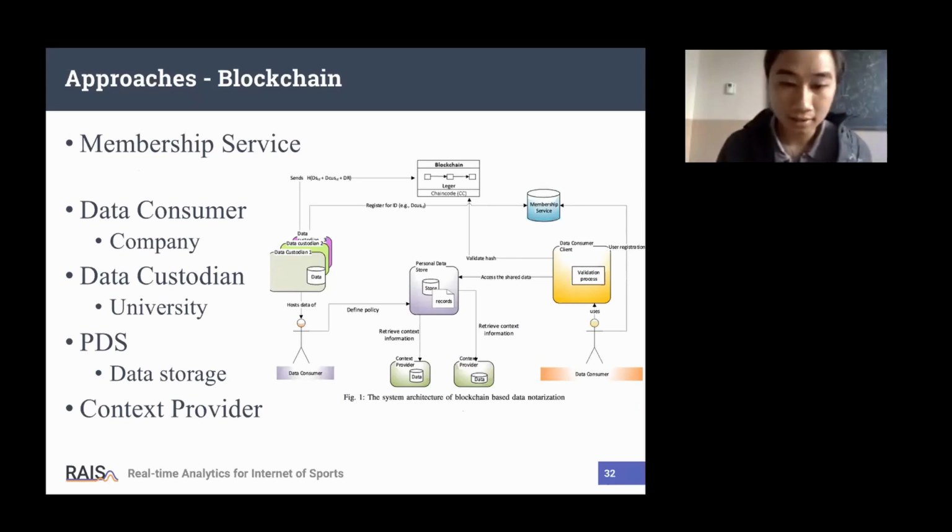The first is the data consumer, maybe the company, or the data custodian, the university, or maybe the user, can choose in this system. In the picture of this paper, Alice holds the PDS, and this PDS is created from the university, which holds the very big original data.